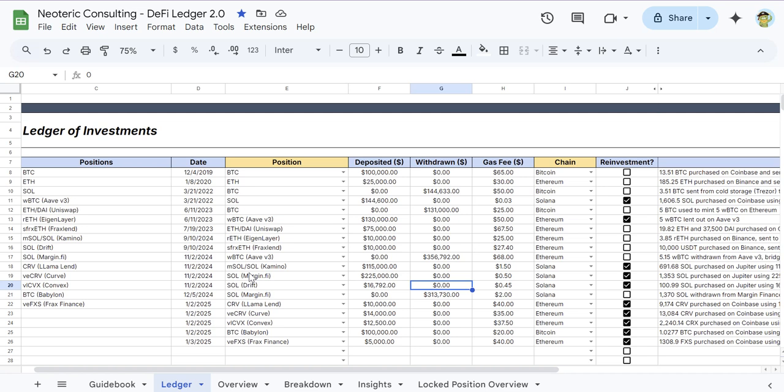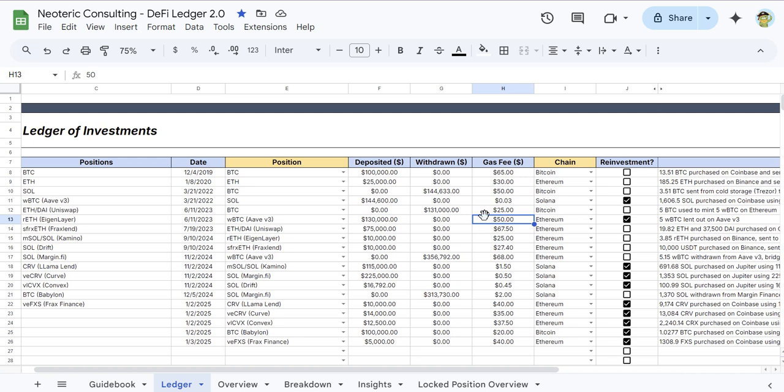So let's say that I sell my Bitcoin on Coinbase, and then I buy ETH, and then I send it out to my cold wallet, and then I mint this LST, and then I lend it out on Aave. So a lot of steps here: approval, swaps, etc. What I do is effectively combine them into two different entries in the ledger. So I sell Bitcoin, and then in the next row it's, let's say, staked ETH on Aave lent out. So it's stETH in brackets Aave V3, and that row is reinvested, and I put the additional details in the comments, and the gas fees or whatever fees,